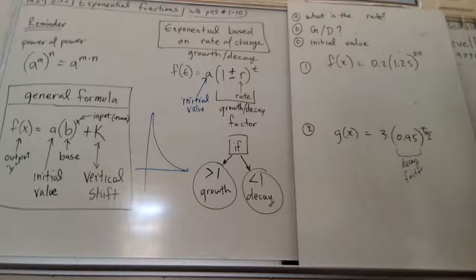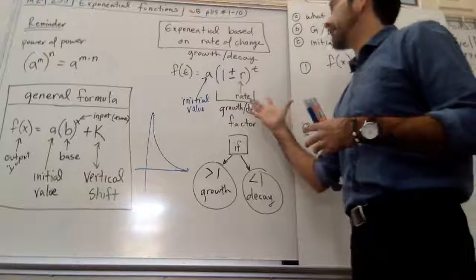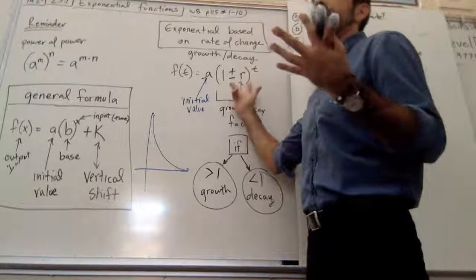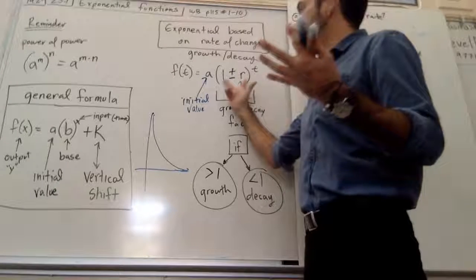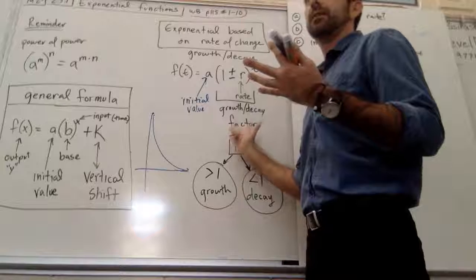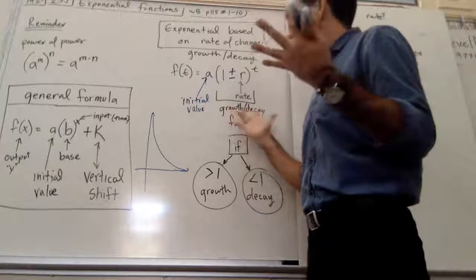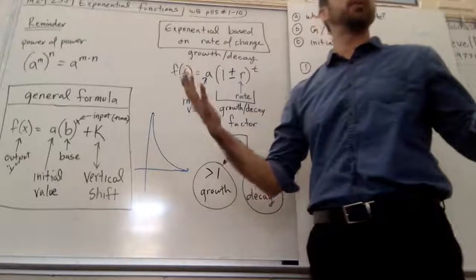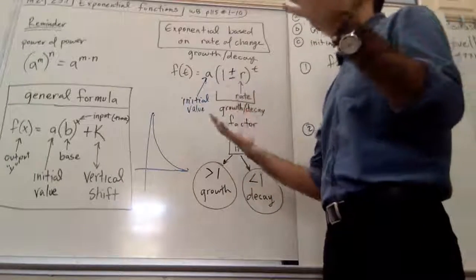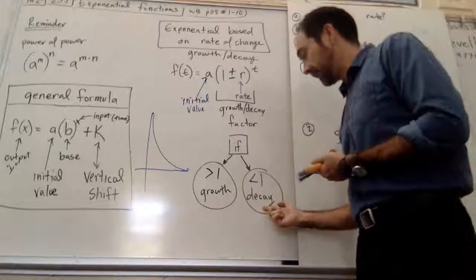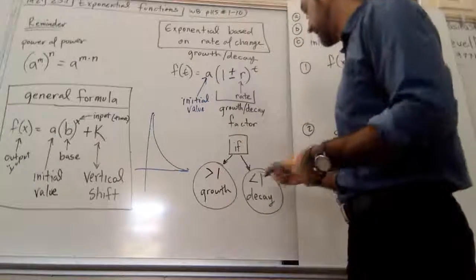Okay. Now here's the deal. This is the main difference right here. This is what we're going to focus on right here. Within the parentheses is our growth or decay factor. The growth or decay factor, if it's greater than 1, it's going to grow. Because if I have a number and I multiply it by a number greater than 1, it gets bigger. If I have a number and I multiply it by less than 1,